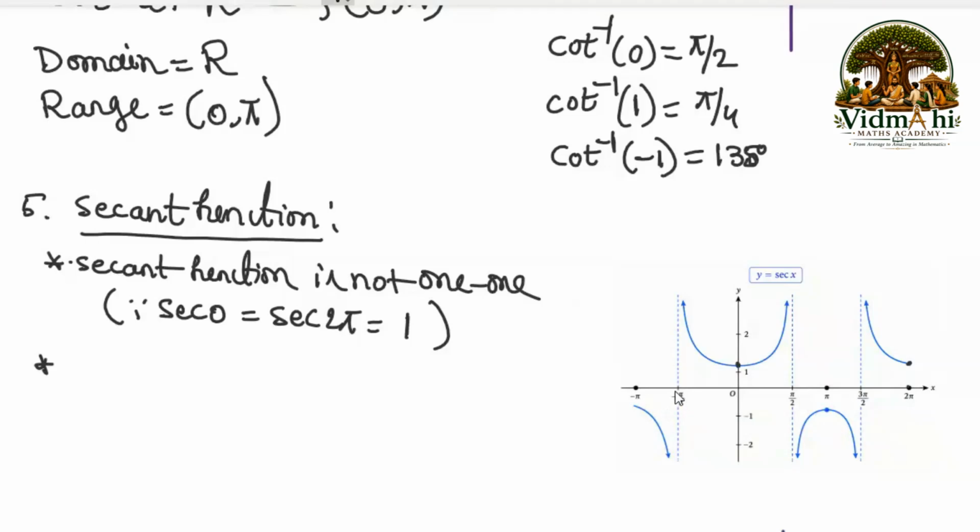So observe here, minus pi by 2 to pi by 2, in between that, because at exactly pi by 2 and minus pi by 2, the secant value is not defined. So except those values, in between that,